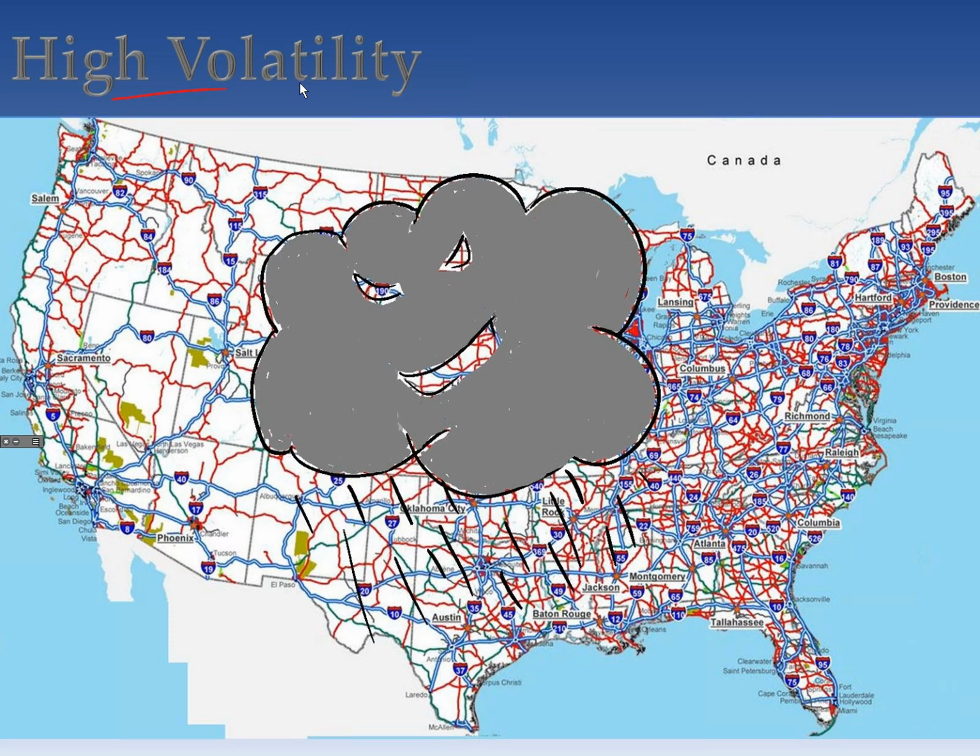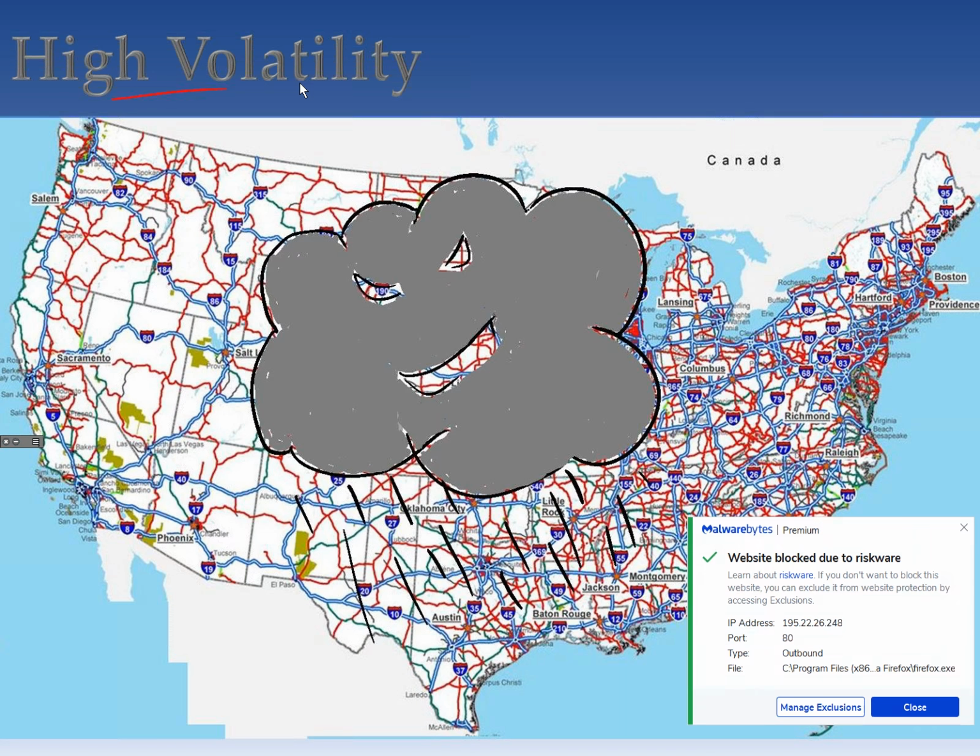So how do we determine when we're doing options if it's raining outside or there's high volatility? Well, you might be saying, well, when the VIX spikes. Well, yes and no. The VIX is a good gauge of overall volatility in the markets, but I want to know specifically what is happening to my underlying. I don't care about the rest of the world. I want to know what's happening right here, right now in this specific underlying.